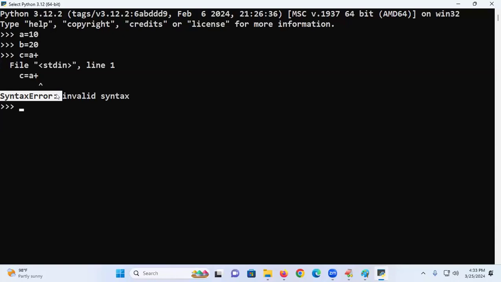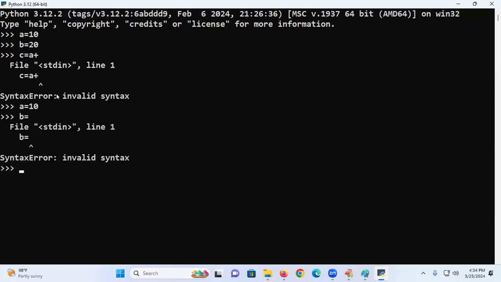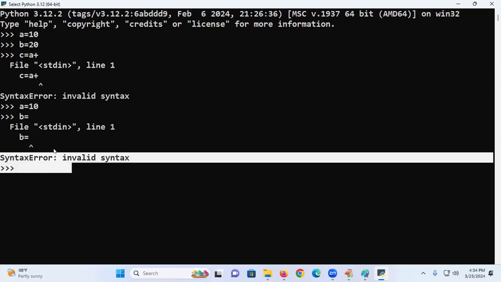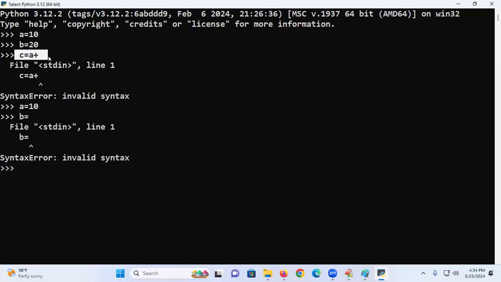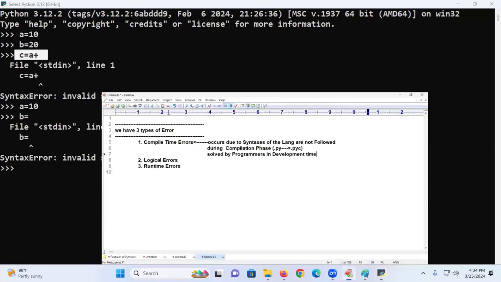Like types of problems in medical sciences, there are types of errors and the power of solving them. How to solve the error is called error debugging skills, which I will also explain in the class. So next, A is equal to 10, B is equal to, and I did not write the right side value. You will be getting what again? Syntax error is coming. These are all syntax mistakes. These errors are known as which errors?